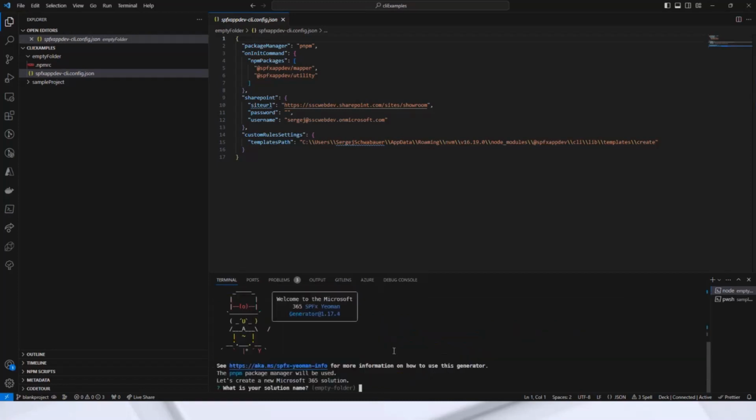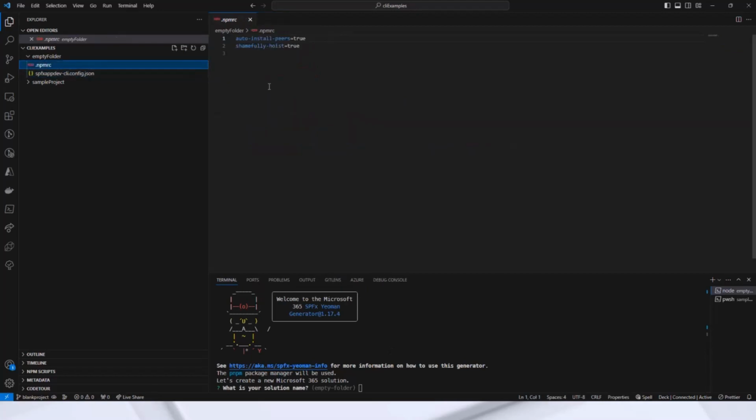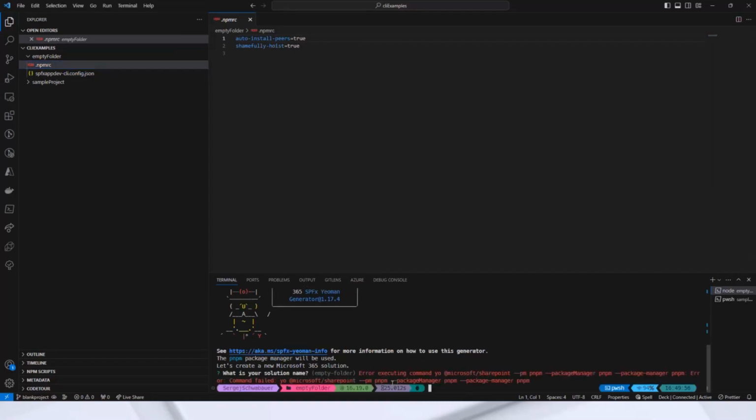Yeah, okay. I want to mention that a file was created, the .npmrc. This is created automatically because I use pnpm, and these settings are important for pnpm. At this point, I would like to stop the generator. Otherwise, it would take too long.